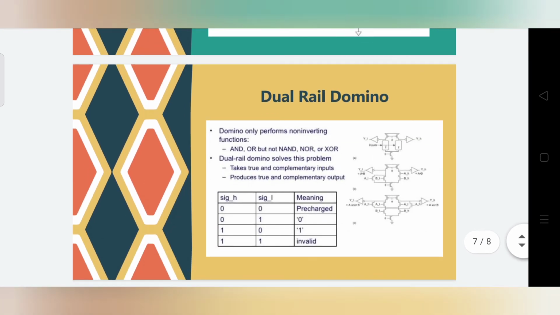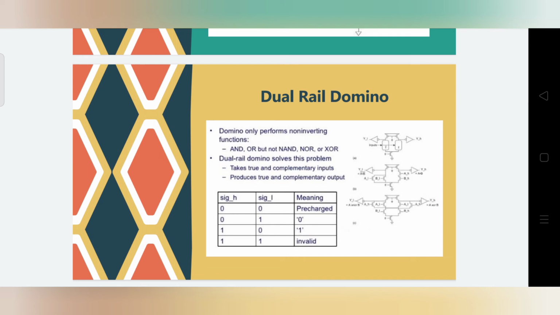Next one is dual rail domino. Dual rail domino gates encode each signal with a pair of wires. They accept both true and complementary inputs and compute both true and complementary outputs. Dual rail domino is a complete logic family in that it can compute all inverting and non-inverting logic functions. However, it requires more area, wiring and power. Domino only performs non-inverting functions like AND and OR, but not NAND, NOR and XOR. But dual rail domino solves this problem